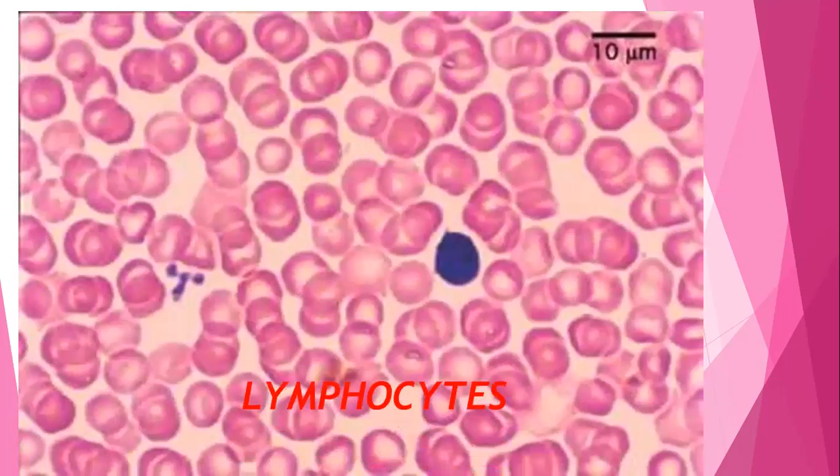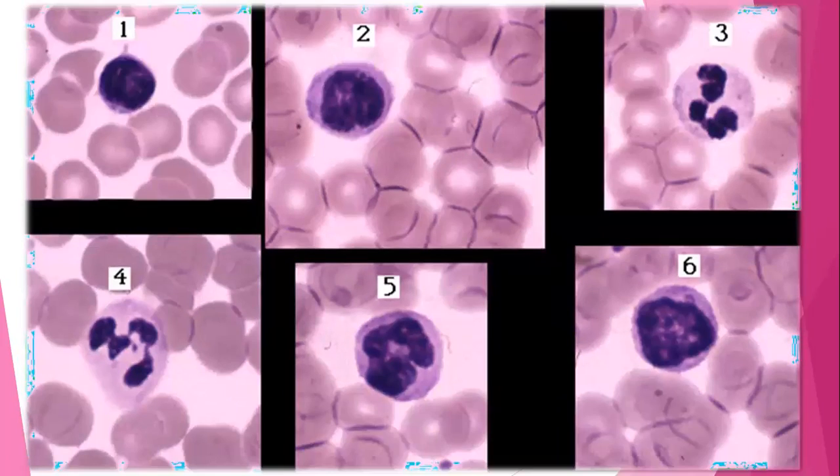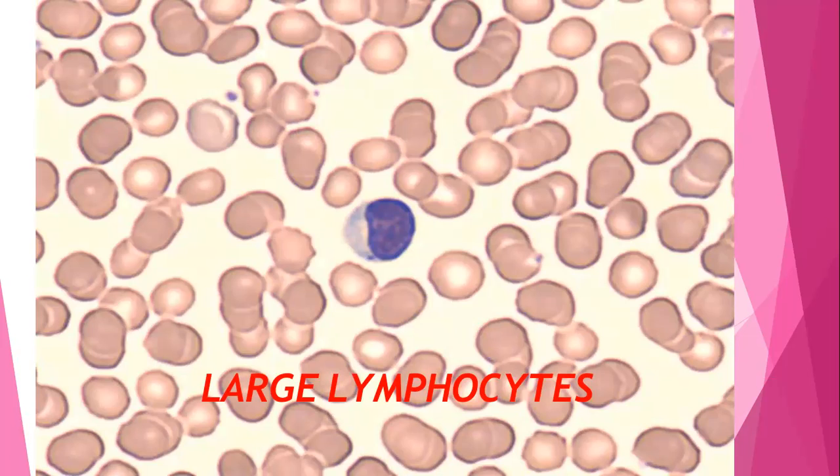This is the lymphocyte. You can't identify the cell membrane. The whole cell has an ink dot appearance of the nucleus. It is just a dot-like appearance, and this is a lymphocyte. You can identify the RBCs also, and we can see that this is a large lymphocyte. Some amount of cytoplasm is seen here, and the nucleus can be shifted towards one side. This is how we can identify all these cells.